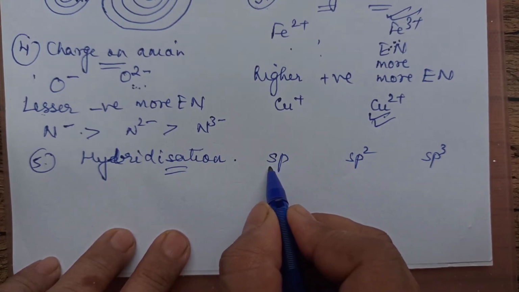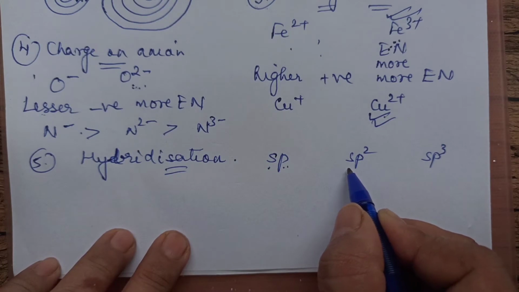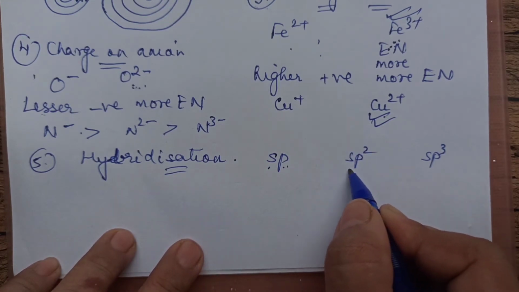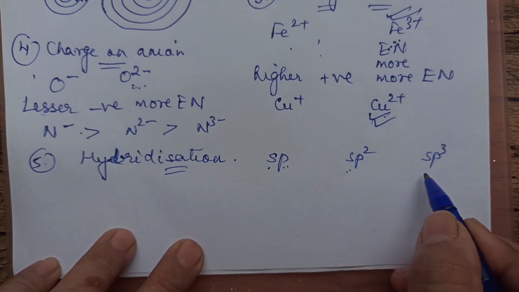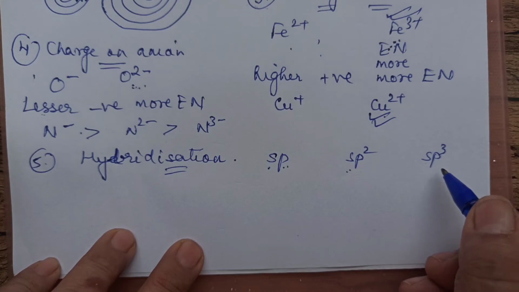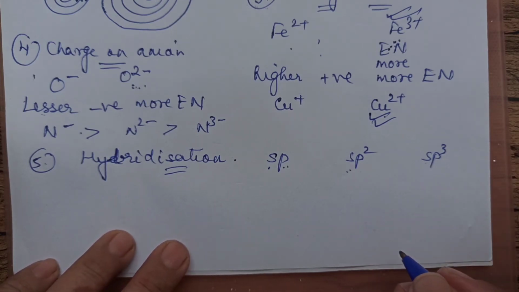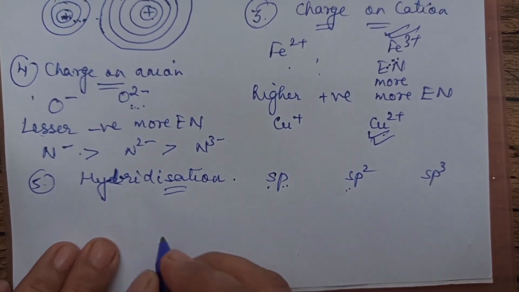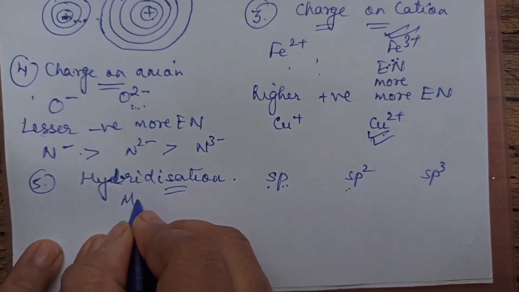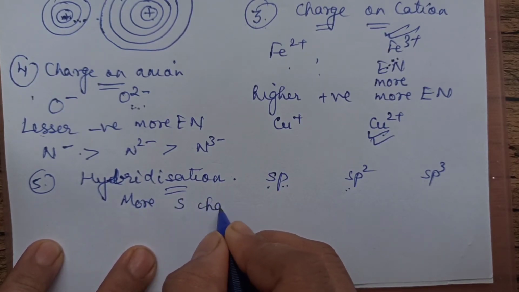So this is having 1:1, meaning 50% s and 50% p. This is having, out of 3 orbitals, one is s, that is 1/3 s character, 2/3 p character. This is out of 4, 1/4 is s, so 25% s character and 75% p character. So which will be more electronegative? So here we say the more the s character, more